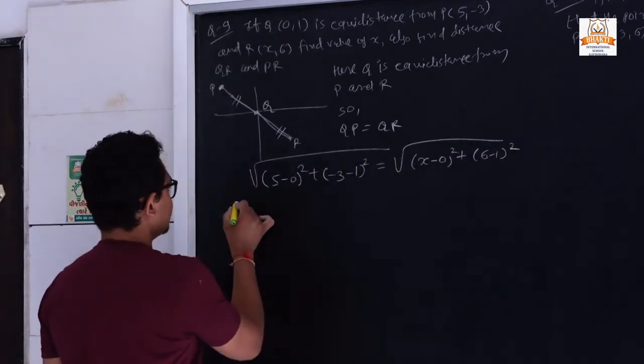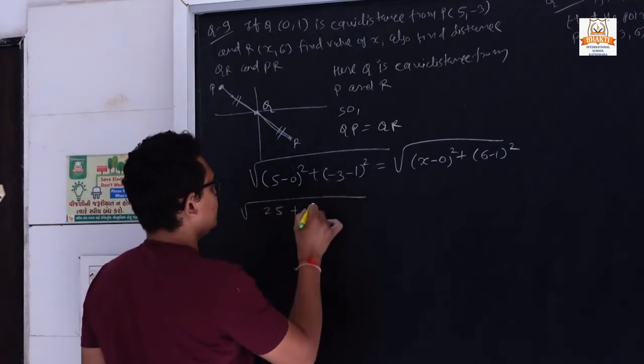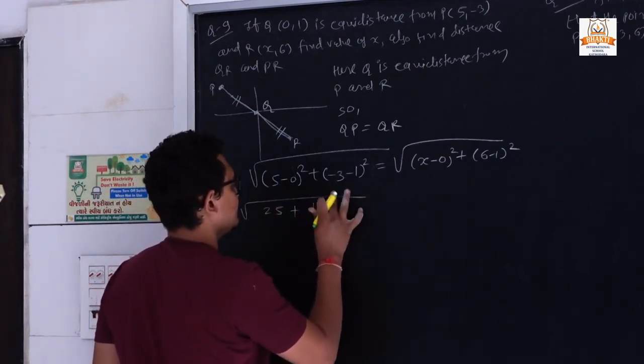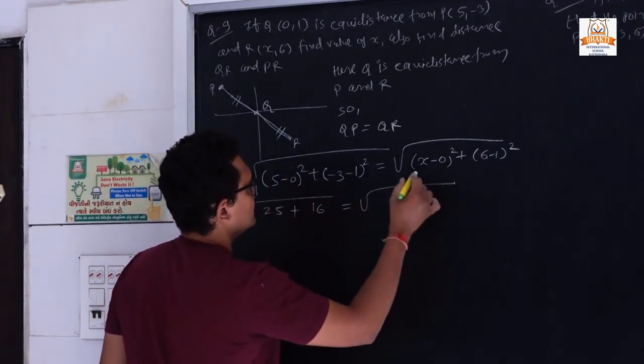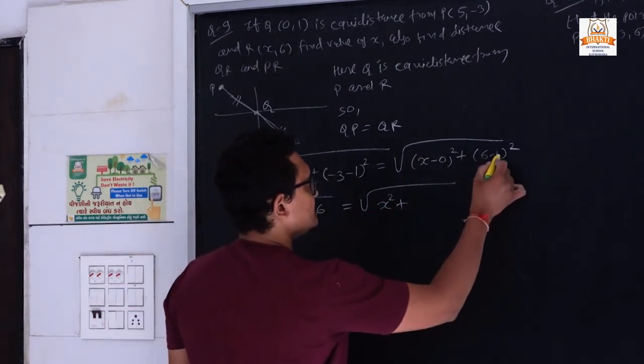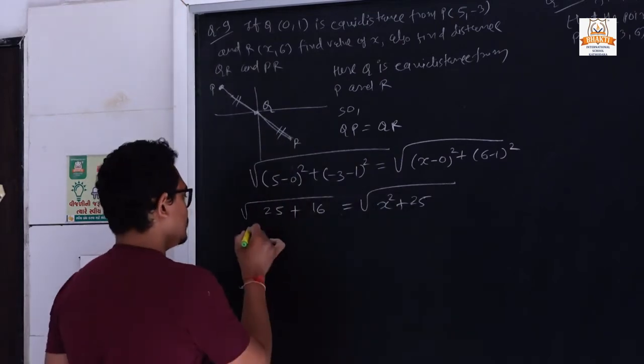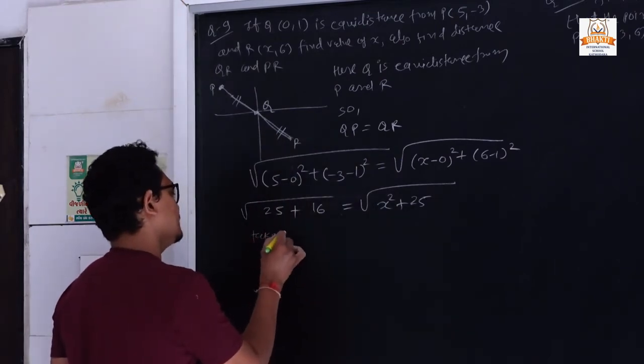Now simplify that. 5 square is 25, minus 4 all square is 16, is equal to x square plus 6 minus 1, so 5 square is 25. Now taking a square both sides,